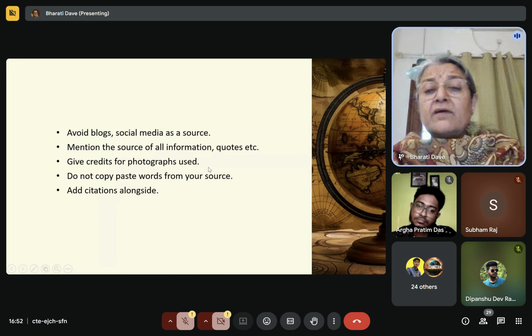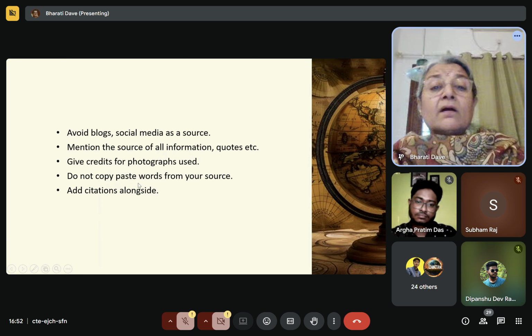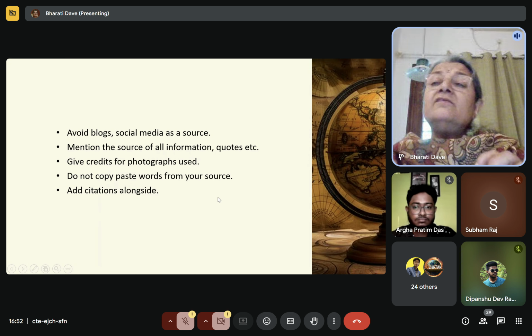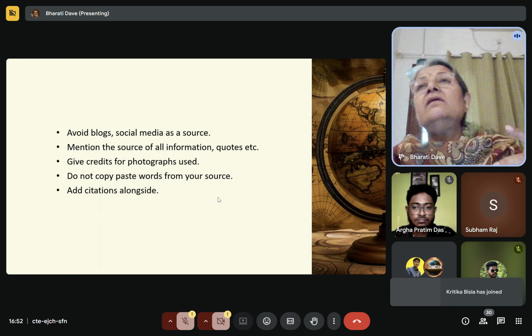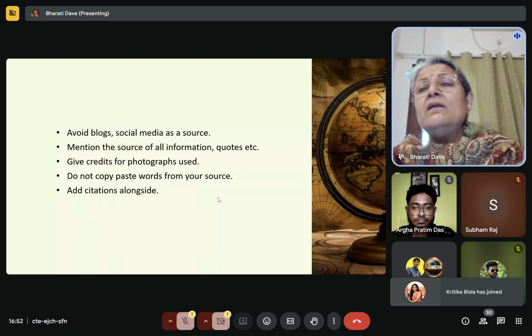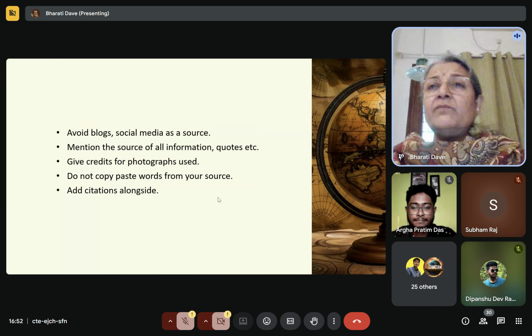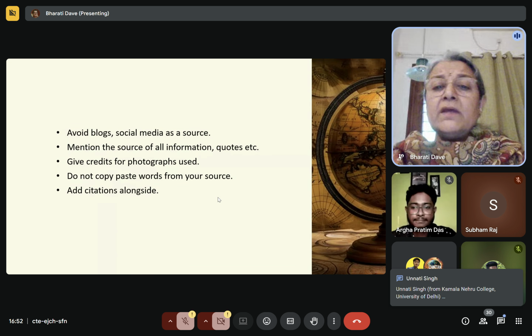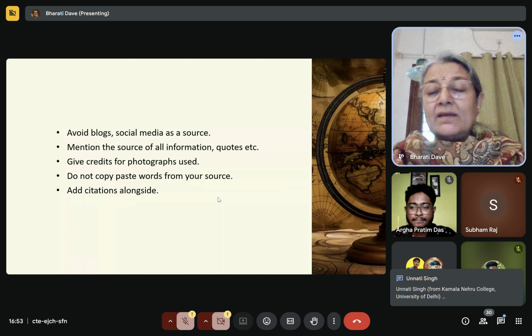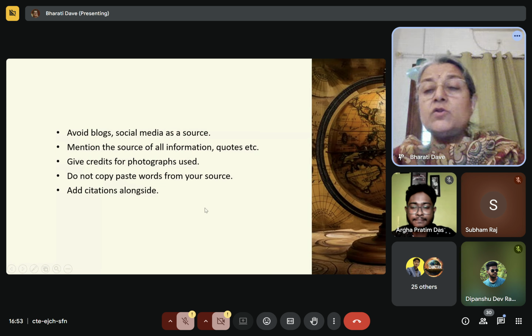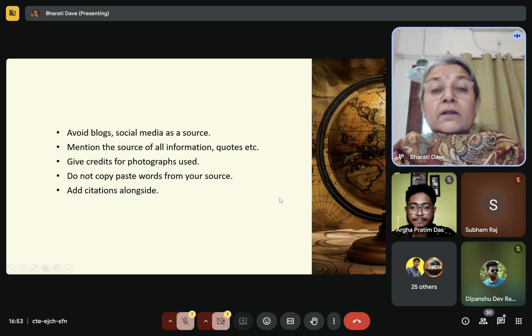Give credit even if you are using a photograph. Give credit. Do not cut and paste from Wikipedia. जैसे article is very different from assignment ना. Teacher has said write an assignment on this. फटाफट विकीपीडिया एंड ऑल में गए, कट पेस्ट पैराग्राफ डाल दिए, उसमें नंबरिंग भी लिखी हुई है, कुछ भी. Of course, your article will never be this thing. And citations are very important.